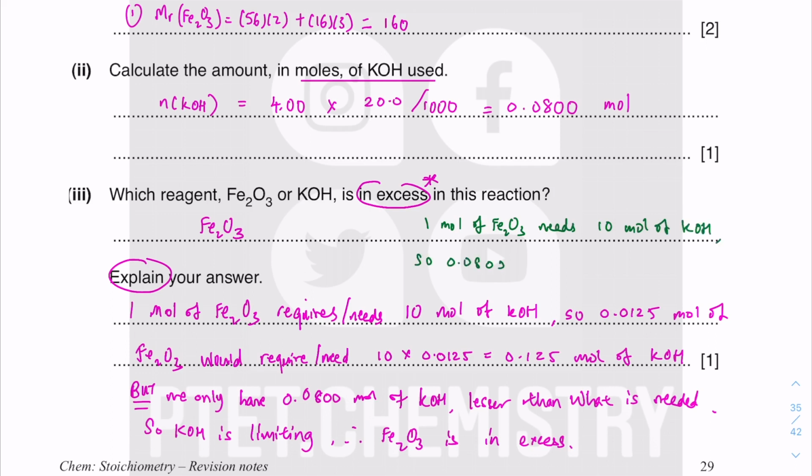So 10 mole of this requires 1 mole of this. So if you have 0.0800 mole of KOH, you divide by 10. So I need 0.008 mole